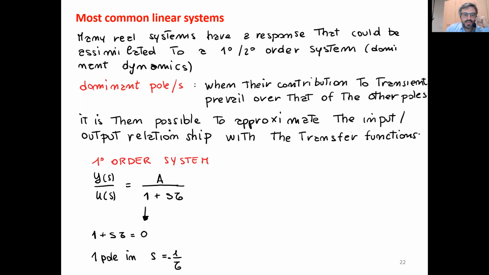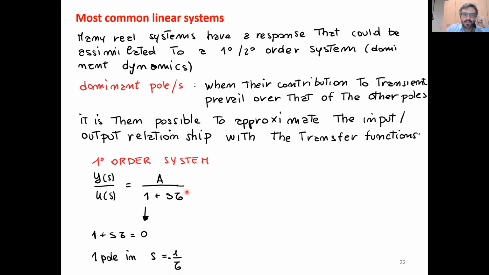So with the first order system, we have this dynamics, we have a time constant, we saw that already, and we see that we have one pole. We say that the poles are the roots of the denominator, so if you put the denominator to 0, you get a pole in -1/tau, and is this a stable or unstable system,